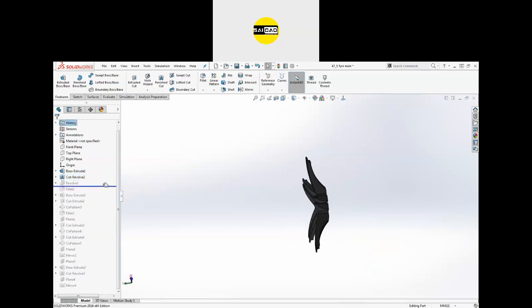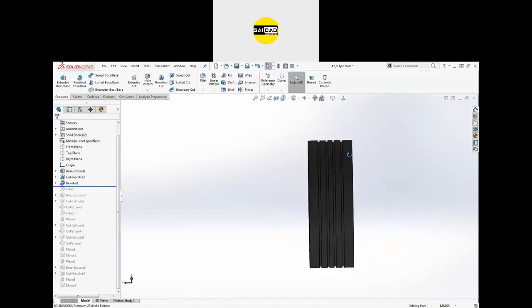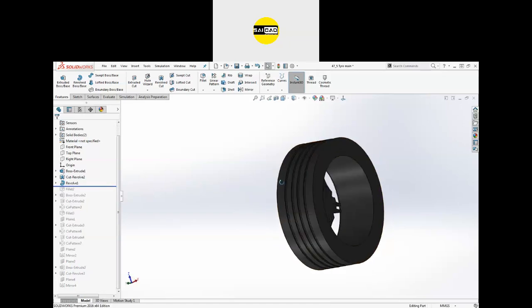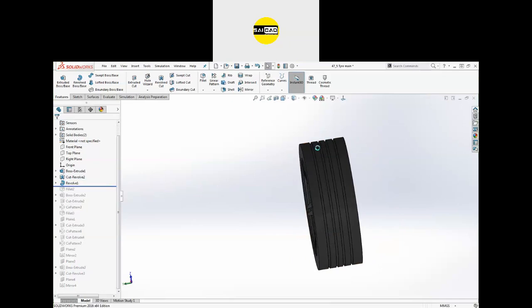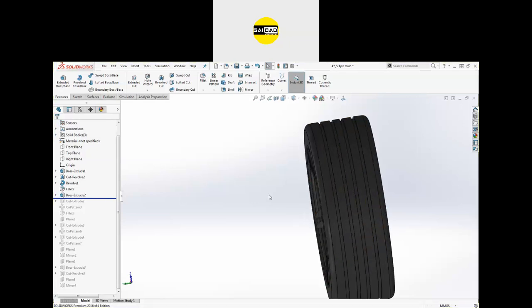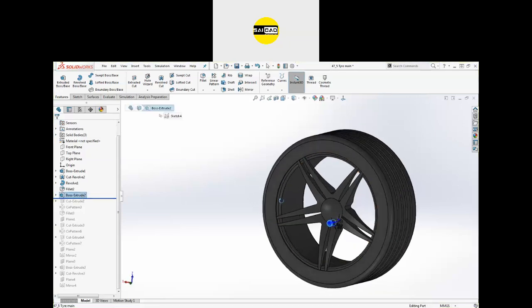Okay, from there I have created the simple revolve command with some groove. After that, apply the fillet on the corner, and I have applied extrude here for the shape, for the representation, and pattern that.